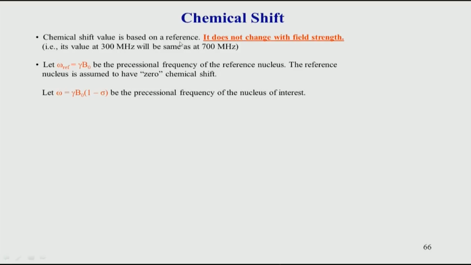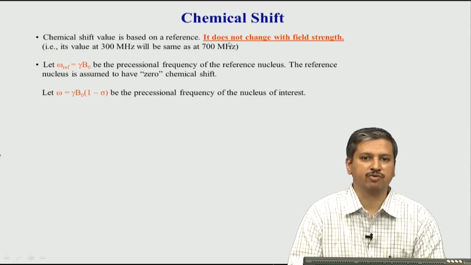The reference is used because if I record an NMR spectrum at some particular spectrometer, let us say I have a 300 megahertz in my laboratory, and I take the same molecule and I go to 700 megahertz in some other laboratory, then I should not get a change in chemical shift, because chemical shift is inherently related to the structure of the molecule, and if the structure cannot change from here to here, then chemical shift should also not change. So, therefore, to preserve this uniformity of chemical shift, we use a reference, and with respect to reference, always